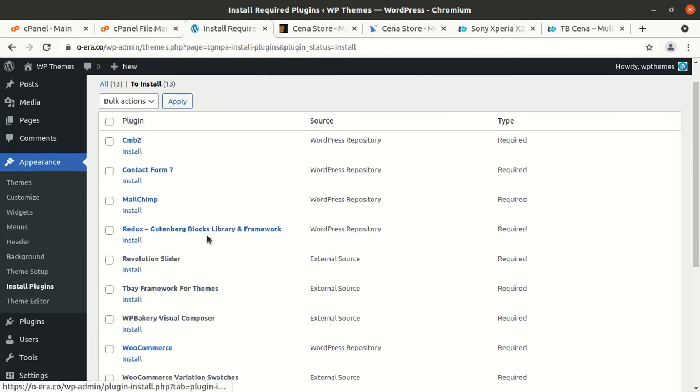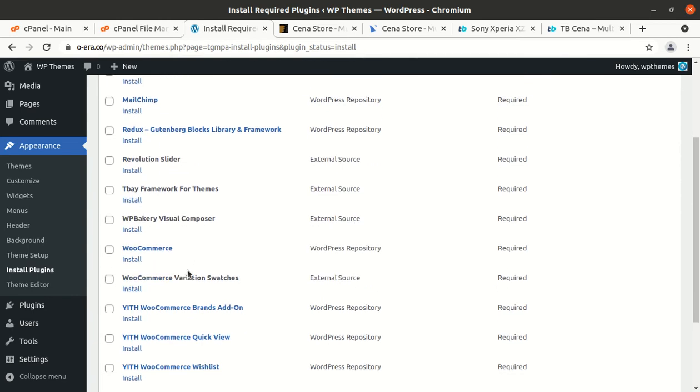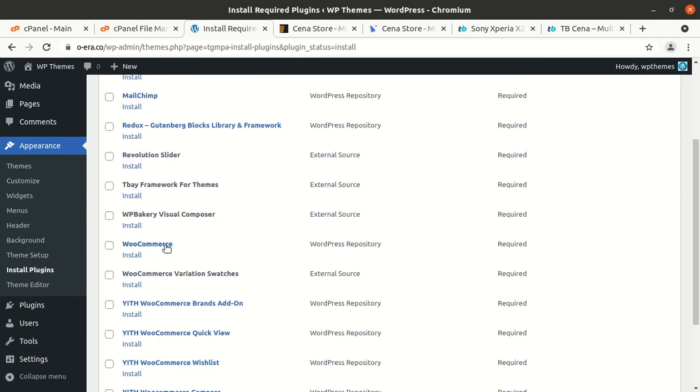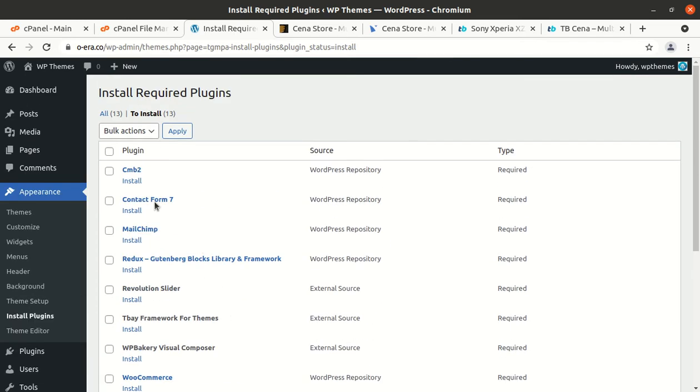Redux framework, it is a great framework for WordPress, of course. Revolution Slider is here, and ThemeBay framework for themes, WPBakery Visual Composer, WooCommerce itself, and WooCommerce Associates plugins are here. So I am choosing to install all the plugins in one go, all the 13 plugins.